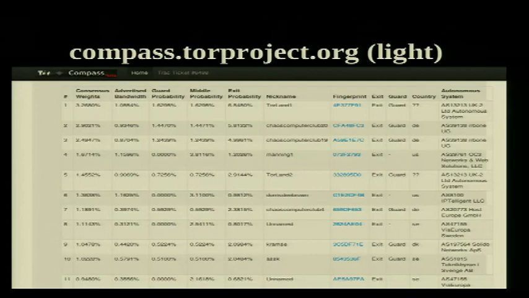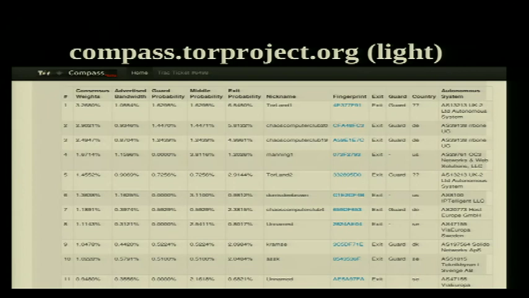So here's a list from a few weeks ago of the fast exits in the network. And we've got Torland running on some sketchy cheapo provider. And under that, we've got a pair of CCC exit relays, and then we've got a Tor servers relay. And you can see the chance of exiting, or the chance of being picked as a guard or a middle hop, for each of these relays. And these are the top ones, but that top one is 6.5% of the time when you use Tor, you exit from that relay. So that gives you a sense of the diversity we've got going on.